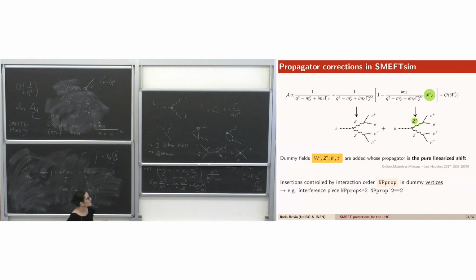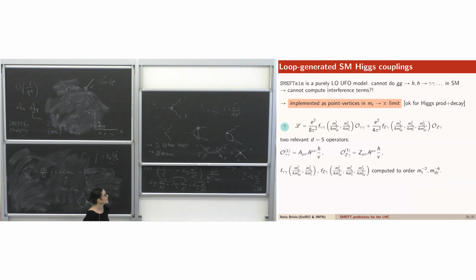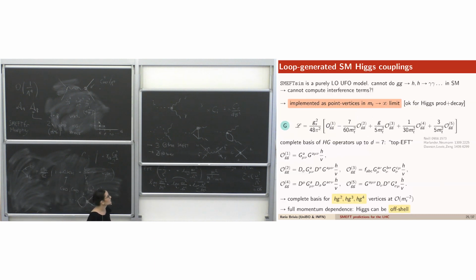The idea is that, if you remember yesterday, we said that when you have a propagator, you might want to expand out the correction, which should be decently safe, at least for the decay width correction. So what it does in the code is that it has the normal Z boson that propagates with a normal propagator, and then it has a dummy field that propagates with just these blocks. So it has a field with a weird propagator that carries this correction. In principle, this can be simulated in there as well. It has a thing for loop couplings. Okay, fine. Sorry, I have to go quick because I want to get to the